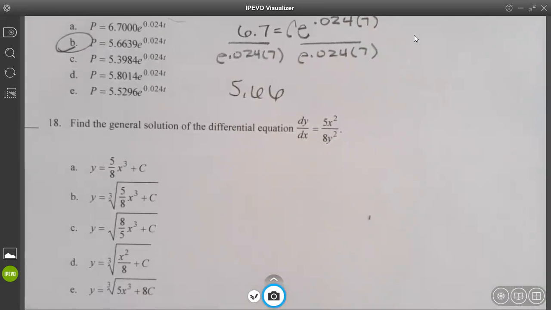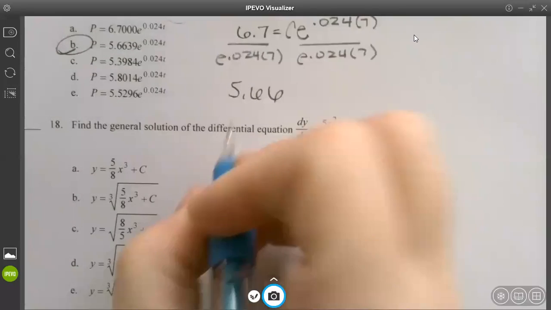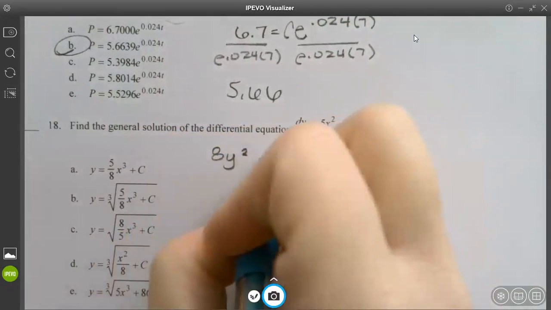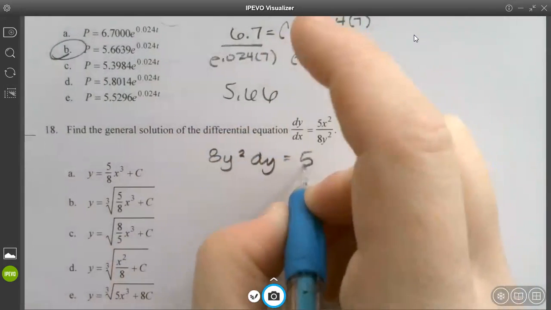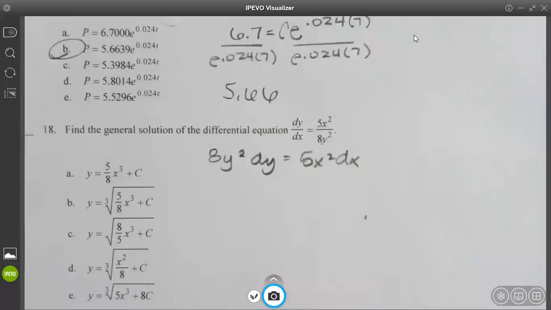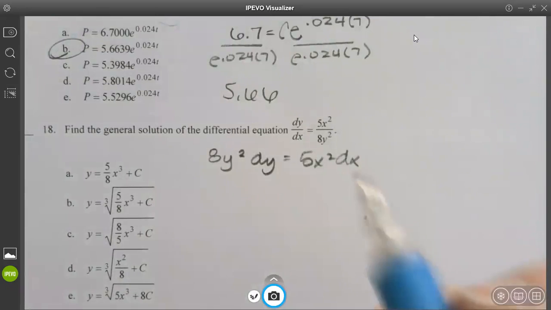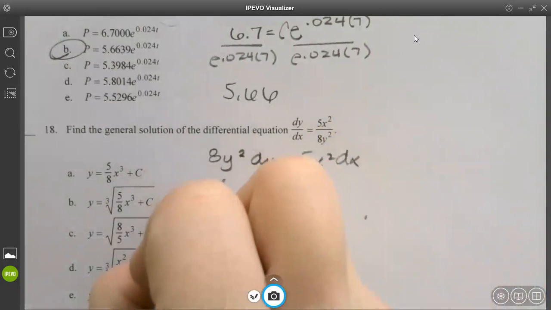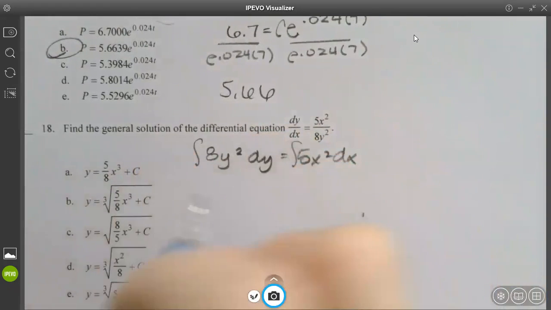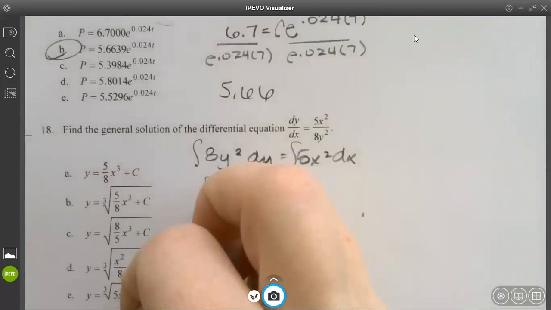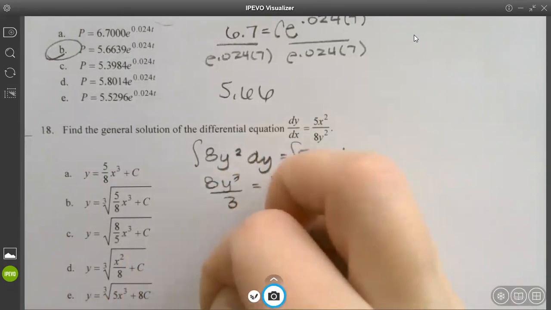All right, so find the general solution of the differential equation. What do I need to do? So 8y squared dy equals 5x squared dx. Integrate. What do we get? So that'll give you 8 y cubed over 3 equals 5 x cubed over 3